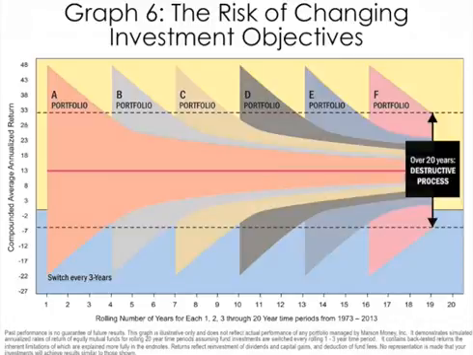On the other hand, maybe something's happened in your life and you were a moderate investor, but now you're either getting closer to retirement, or perhaps there's been an illness, or you've lost a spouse, and you need to be perhaps more conservative. So I'm not saying that there aren't times when it's important that you reevaluate your investment horizon and your investment risk tolerance, and you make adjustments. But that's very different than changing investment objectives because you're trying to stock pick, market time, or chase hot asset